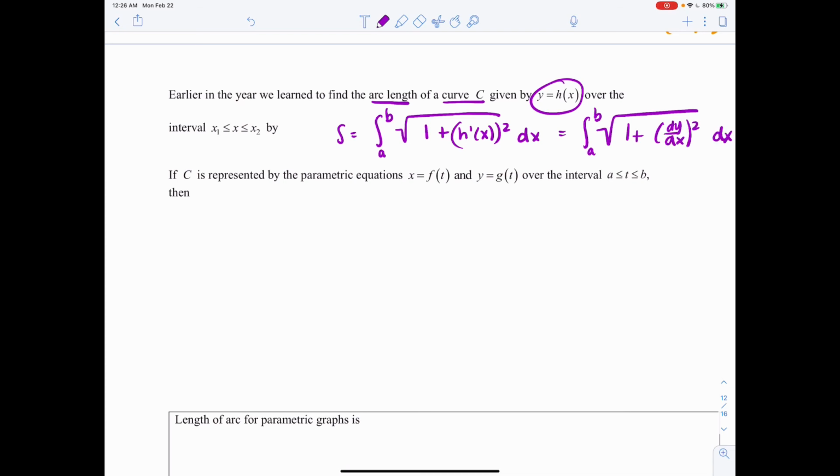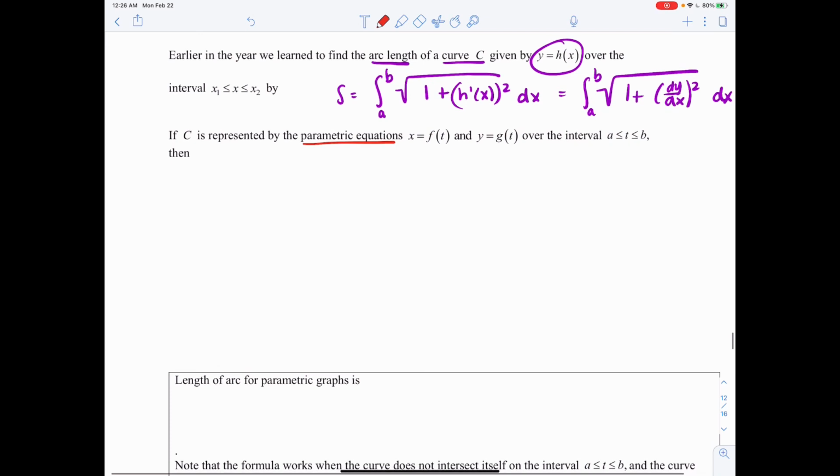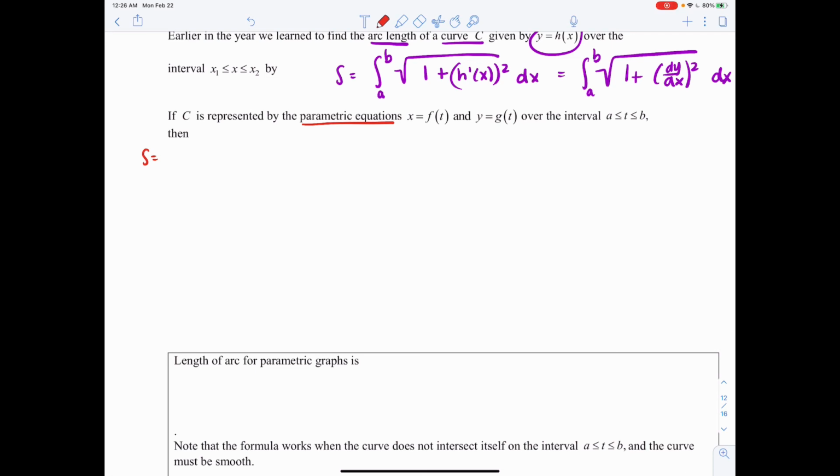dx. But there is a different format of this equation. What if I have parametric equations? Well, I may not be able to find dy dx, or maybe dy dx is going to end up being pretty spicy for me to find. So I want to show you how we could easily adapt this and come up with a new formula that works for parametrics. So if I have the integral from a to b, or x1 to x2, of